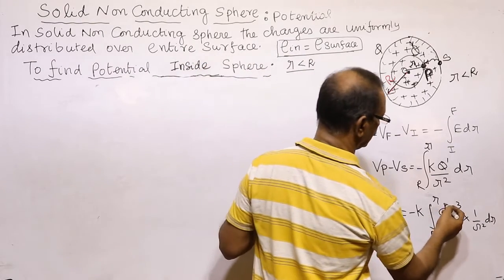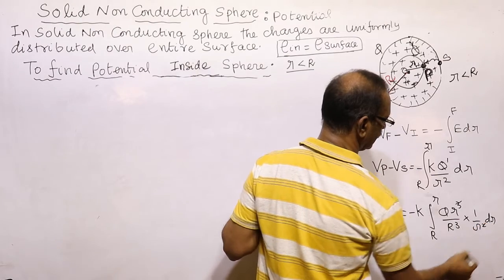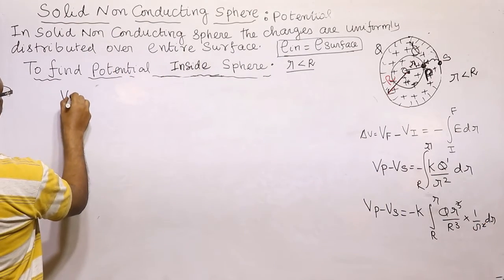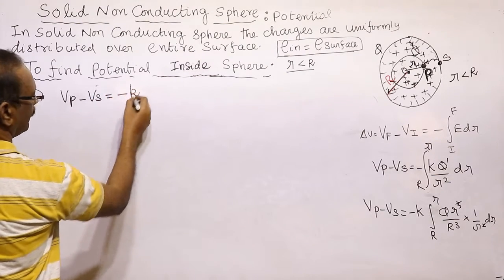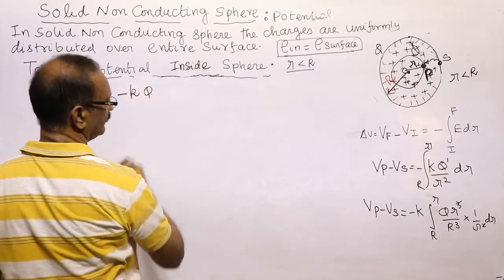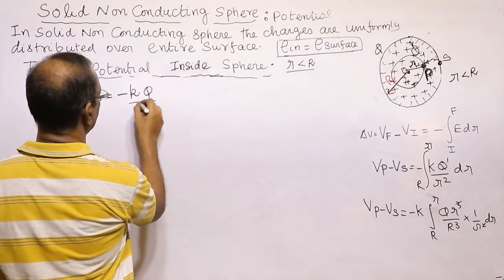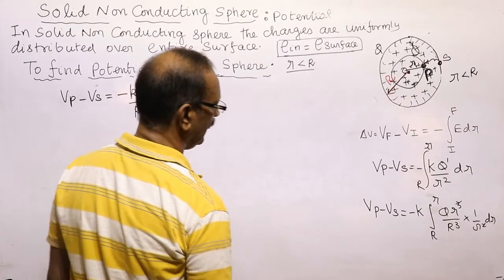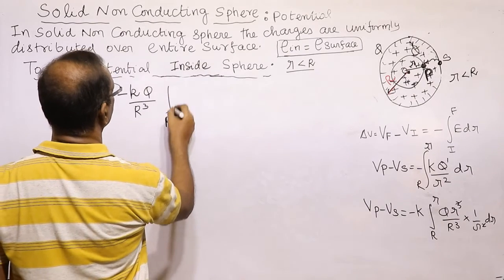So this is equal to minus k into q dash. So we can cancel r. Therefore Vp minus Vs is equal to minus k. We can take q also outside, and r cube also we can take outside. Why? Because it is a constant. The radius of the sphere is a constant. Into integral of r to r